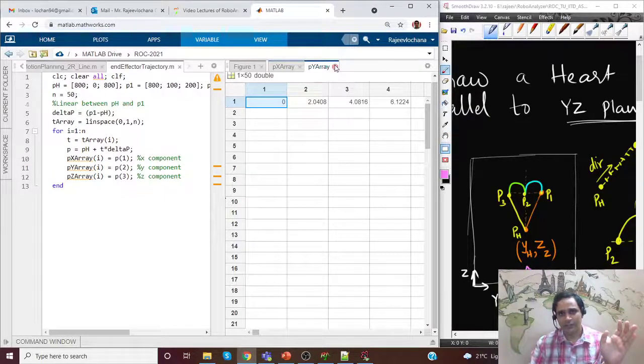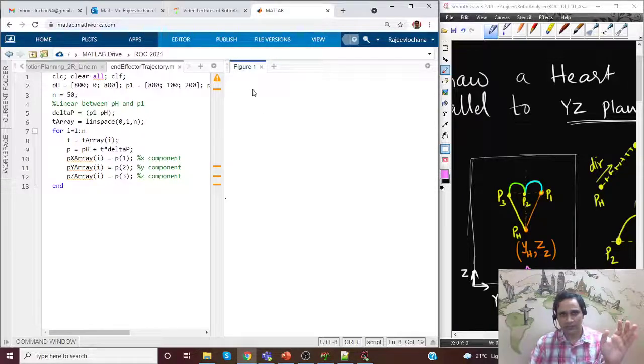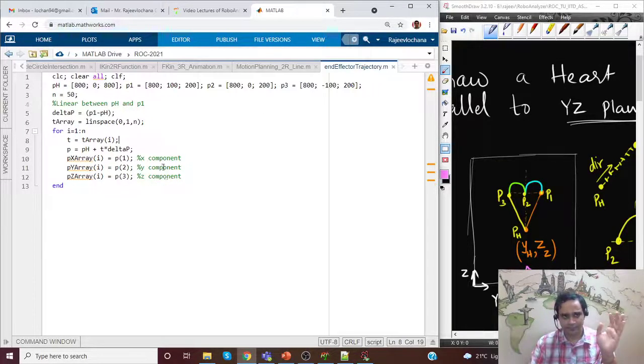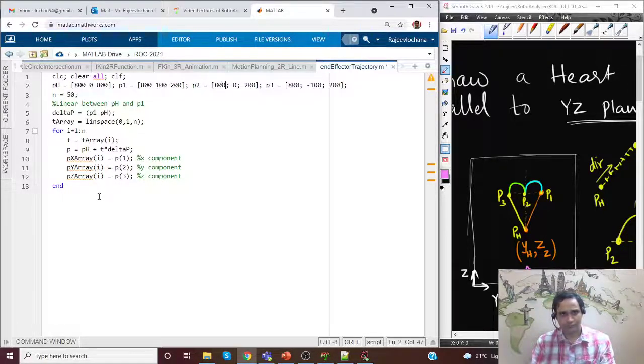Okay, if we want this to be appearing vertical, let me see what will happen if I just remove these semicolons. I could have just done the transpose. Nevertheless, let me try.